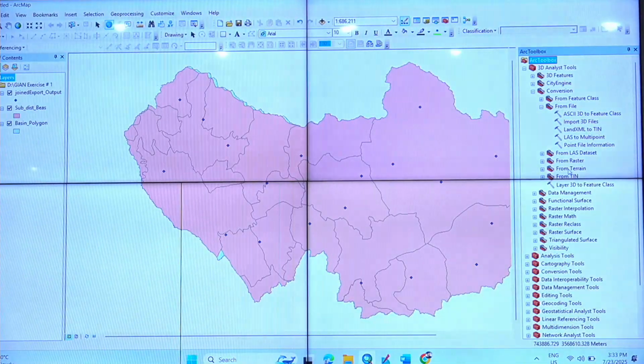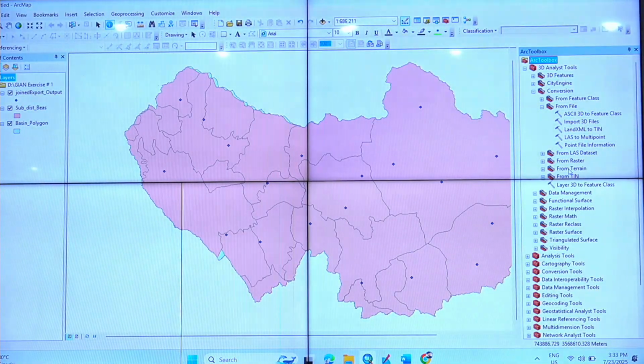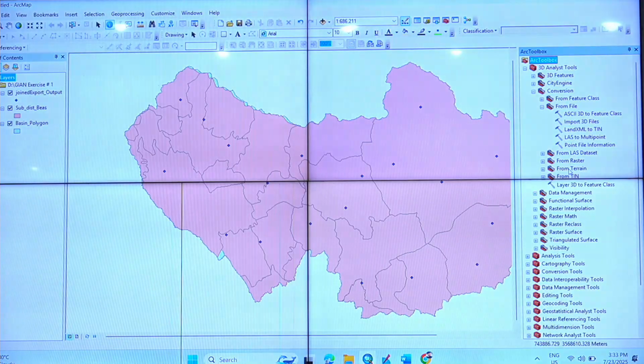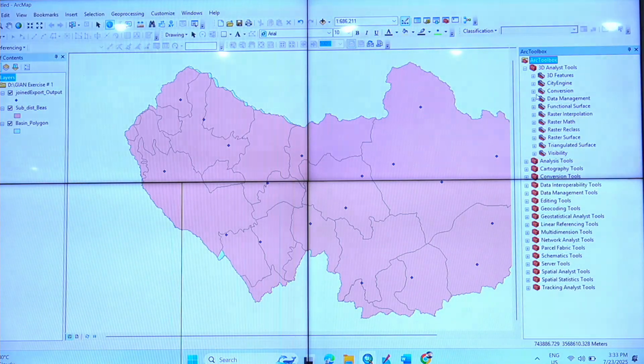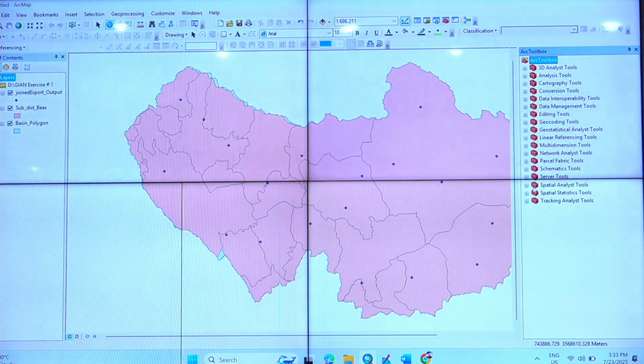We do not know much, we know little. My students know more than me, much more than me. Maybe many of you know. We explore only as much as we need, what we apply in our research, which is important. We keep on learning, we keep on doing. Now let us go. There is a main tool, that is the spatial analysis tool.